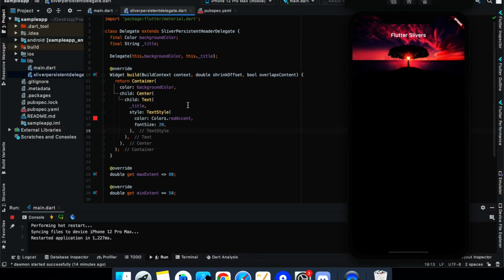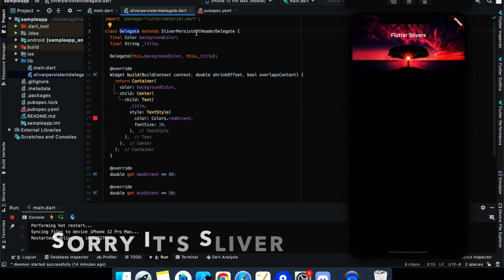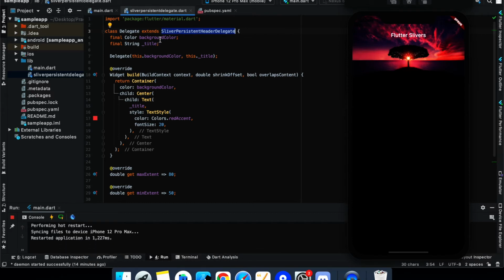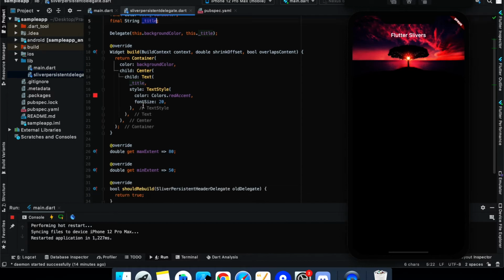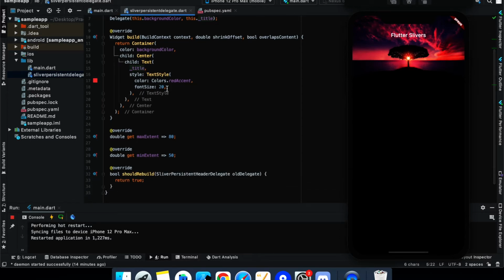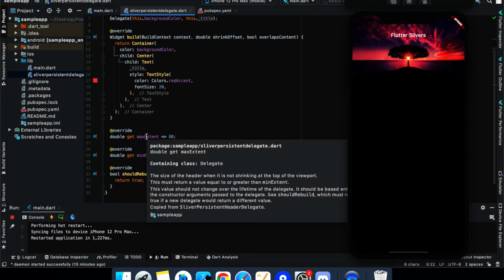So this is my delegate, this Sliver persistent header delegate, and this is the background color and the title color we have given. It will provide how the text should be aligned and what would be the font size and everything.